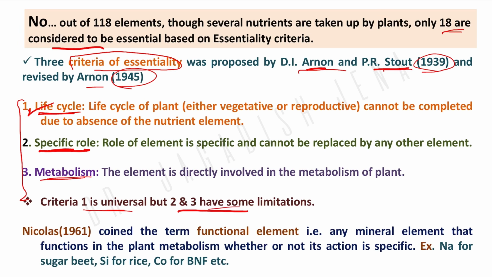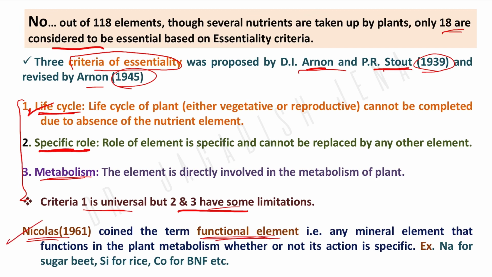Nicholas in 1961 coined another term that is called functional nutrients. So basically these are the nutrients which are not essential, but their application or their presence will help certain plants to achieve their goal or to achieve their optimum production. Okay, so that is basically